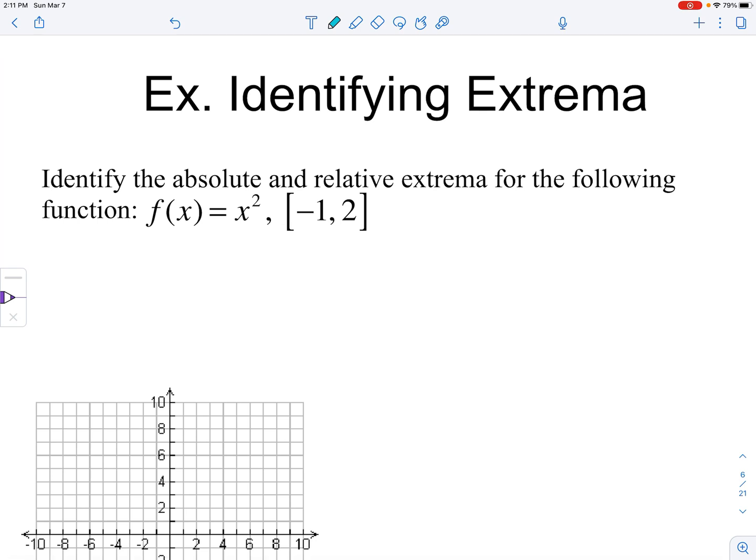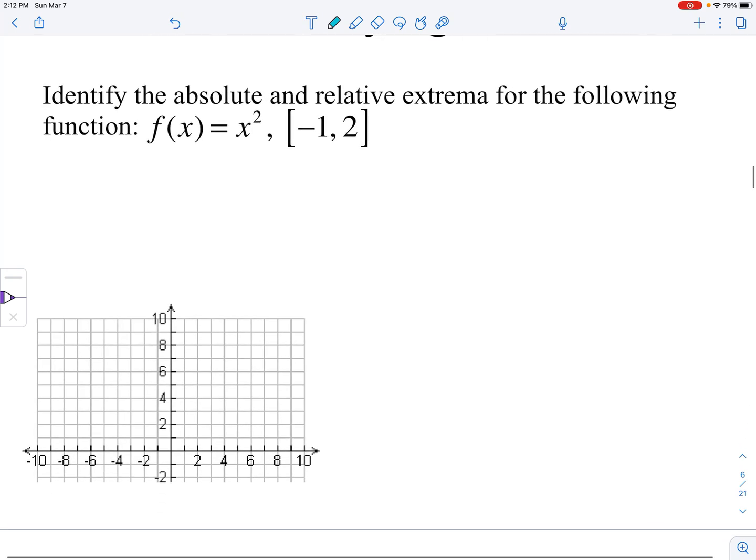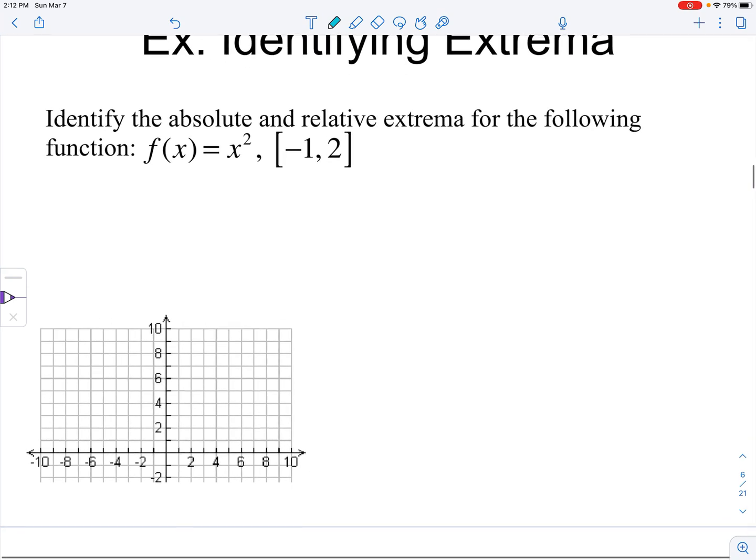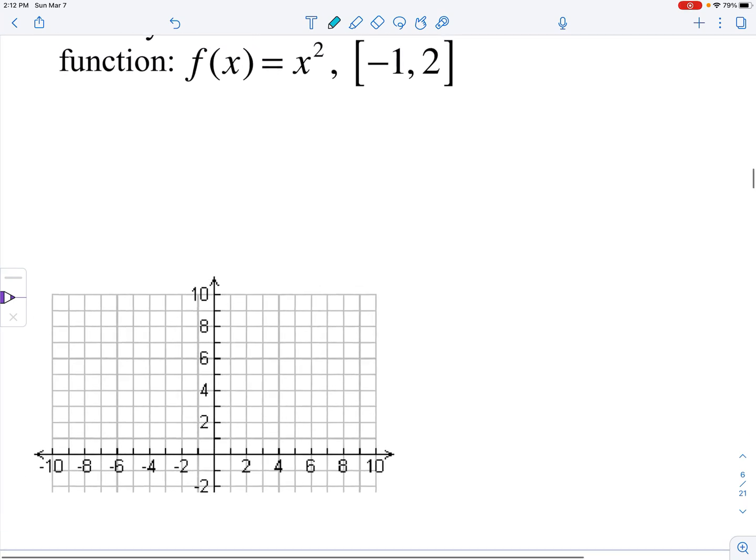So we're going to figure out, looking through a few examples, how it is that we can identify absolute extrema. You already know how to identify relative extrema. We want to figure out how to identify absolute extrema. So we're going to look at some graphs that we're already familiar with, and we're going to identify both the absolute and the relative extrema for those graphs over the given domains that we're being asked to graph for. So for this first example,